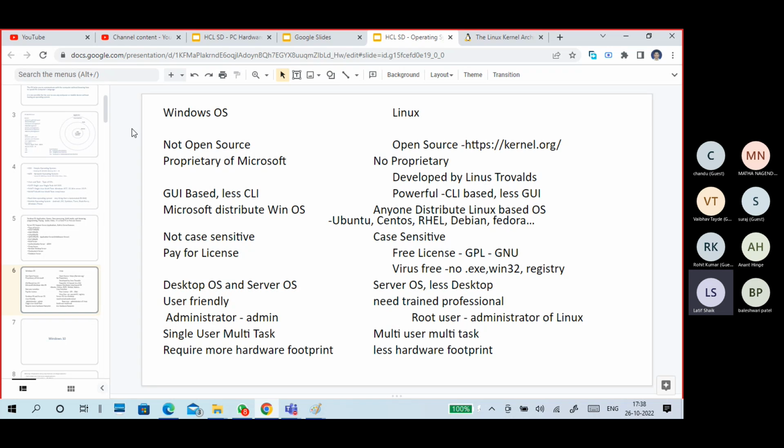But most of the RAM is consumed by the graphical user interface, the pixels, colors, everything. Whereas Linux is not so much about GUI, it is more about CLI. The entire graphical process takes about 1 GB of RAM, so if you use Linux on a CLI basis, you will save 1 GB of RAM.